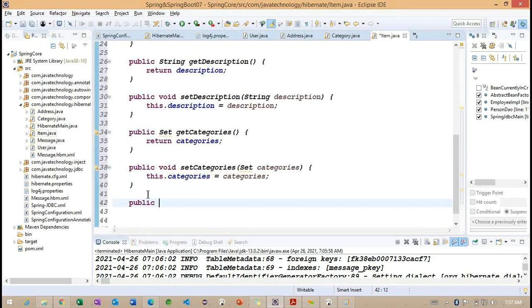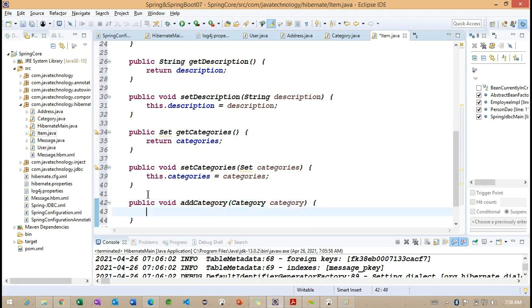The specific method I want to specify is public void add category. Inside this item, we are trying to call the add category method by specifying this category object.